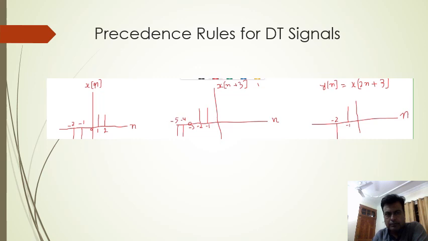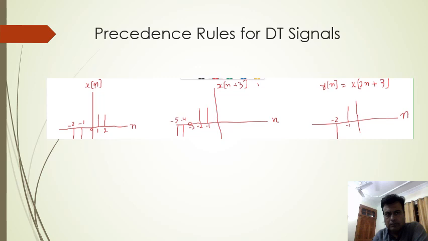Okay, so here is an example of discrete time signal operations, which are basically discrete signal shifting plus scaling. As I have earlier demonstrated, if you have to use more than one operation, then the precedence rules are: first we have to do the shifting of the signal, and then we have to do the time scaling. This example is a little bit different than the continuous time case,